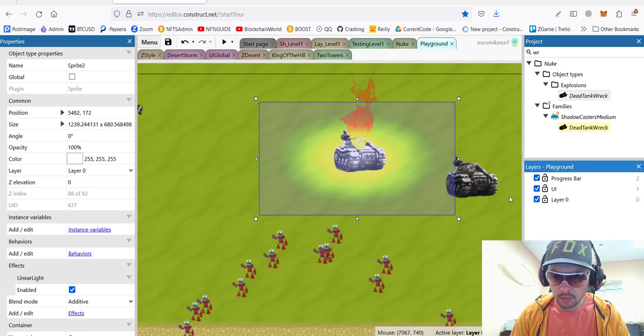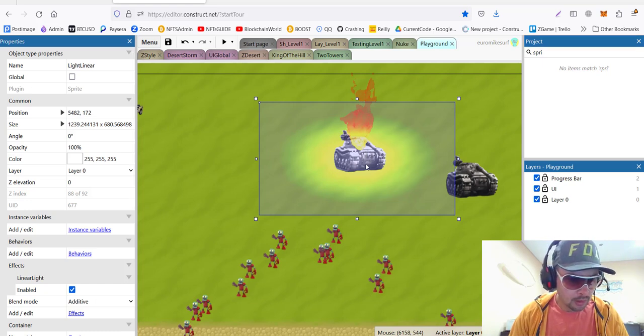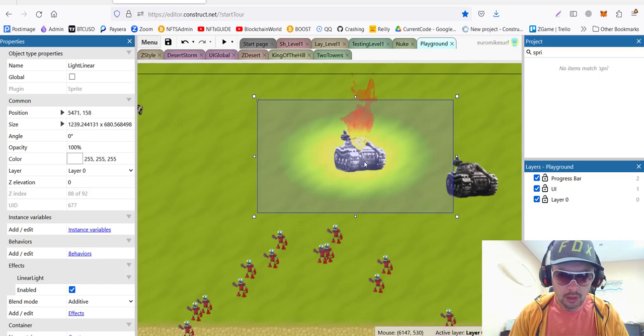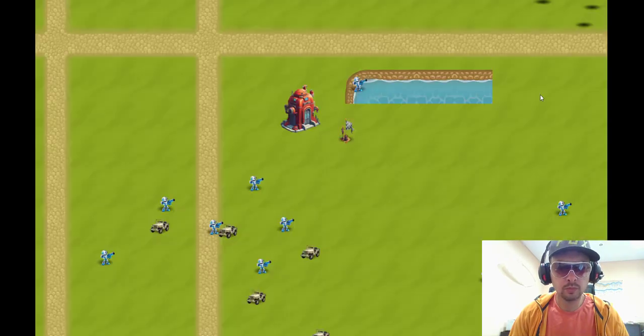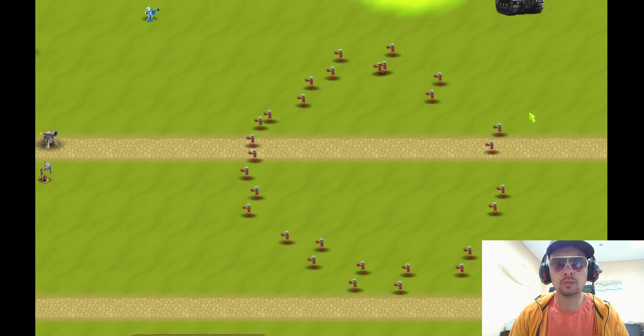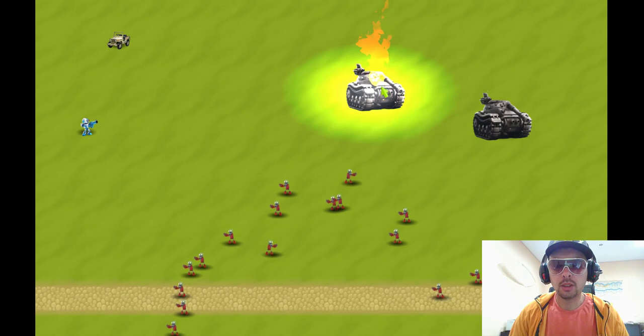And now, how is it called? Sprite 2. Let's call it different. Sprite 2, let's call it light linear. Okay, it's linear light. Now let's double check how it will look in the game. Alright, so it looks better,